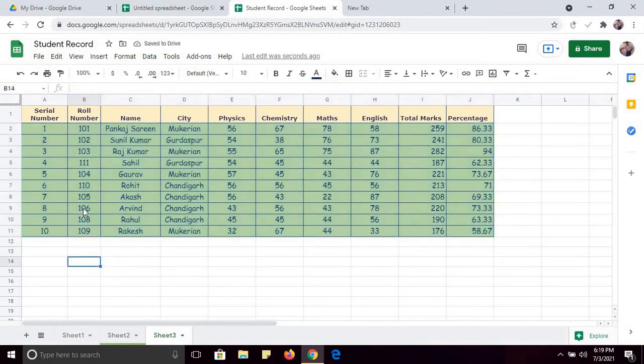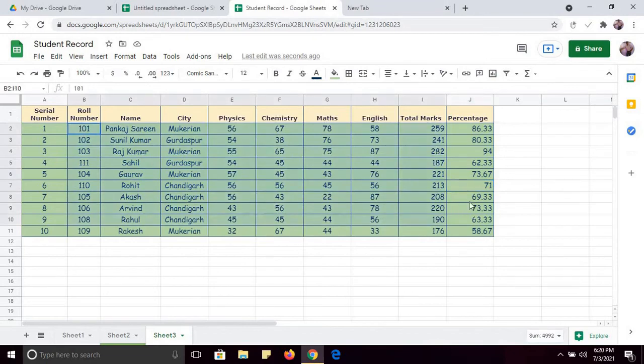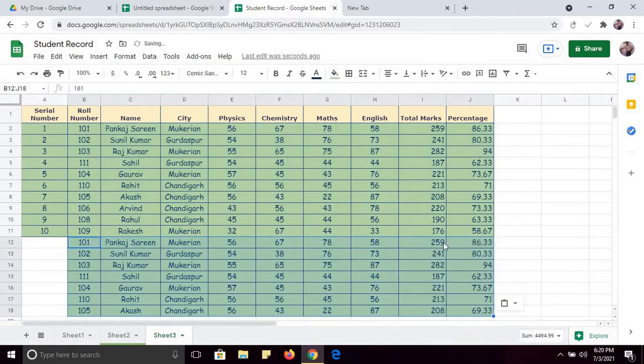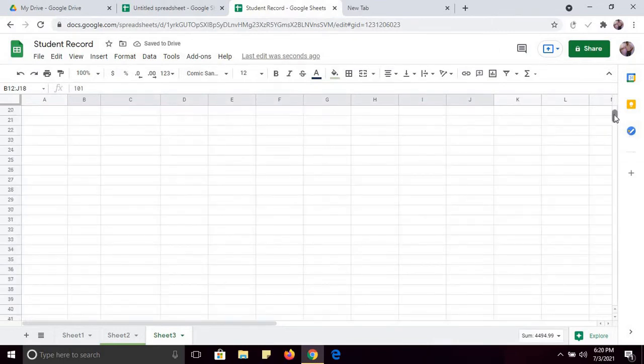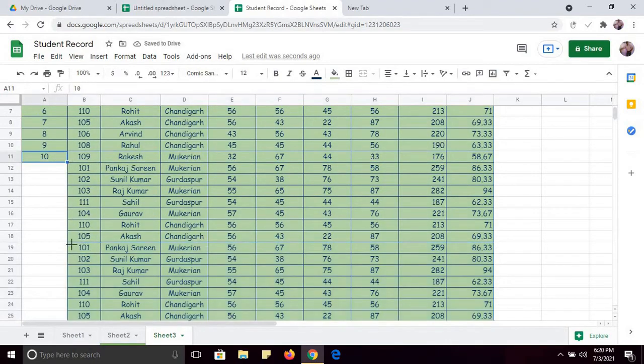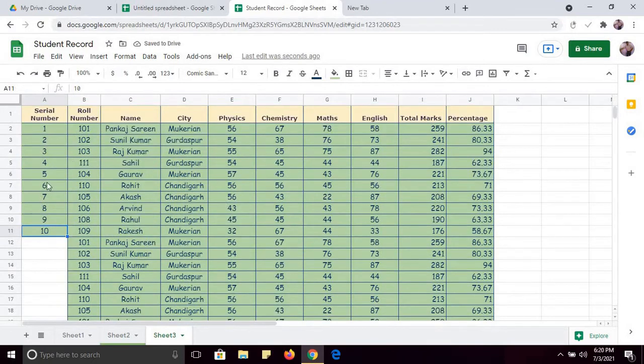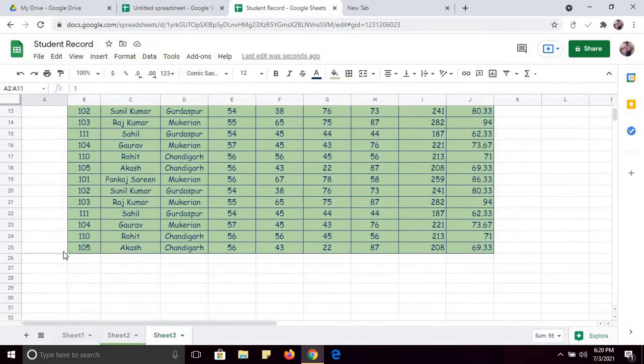Now another thing that I am going to explain is, suppose I have copied this data up to this point. Just wait. I have copied the data from here. It's just to explain to you. This is the data, and you can drag it. Sorry, just wait. You have to select it and then drag it down.